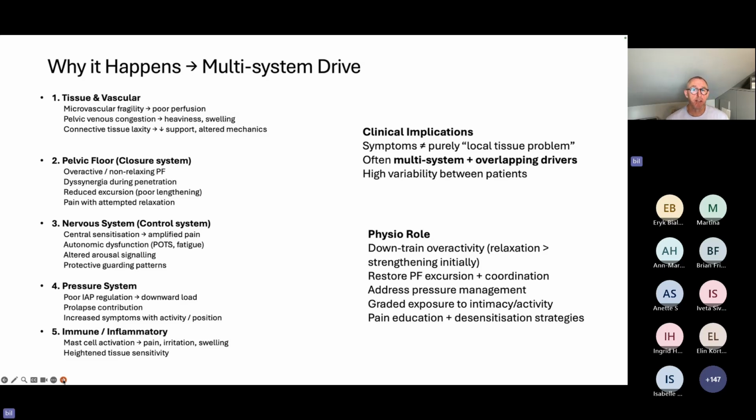So again, the clinical implications with these patients: the symptoms aren't purely a local tissue problem. It's often multi-system and overlapping drivers with this high variability between patients. And what we can do with these guys is we can down train overactivity, relaxation, strengthening initially, restore pelvic floor excursion, coordination, address pressure management, talk to them about graded exposure to intimacy